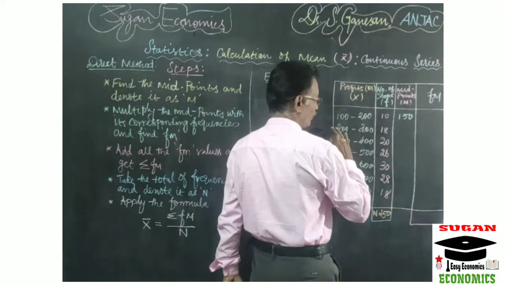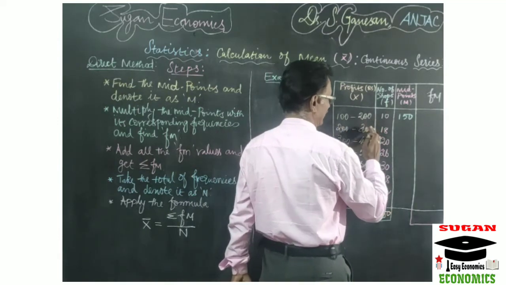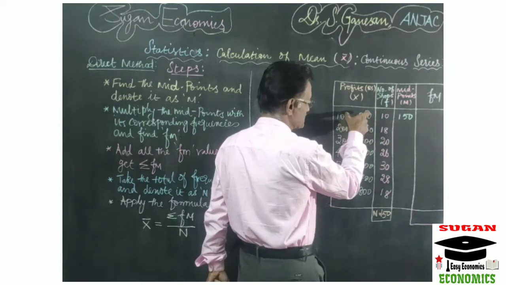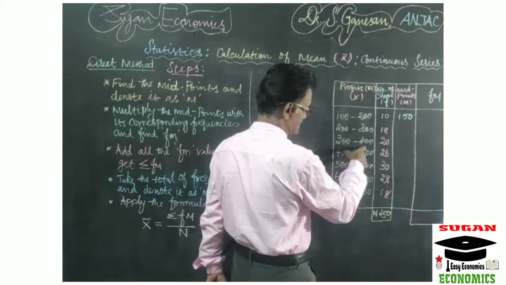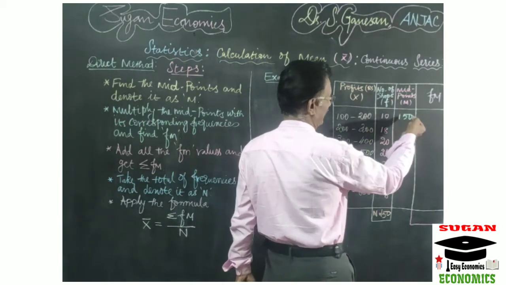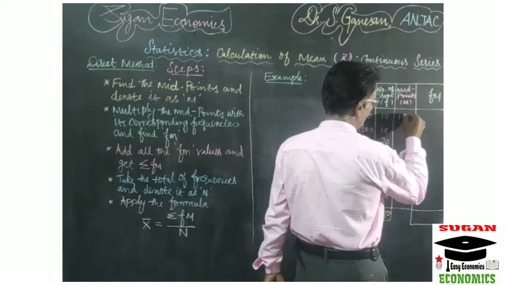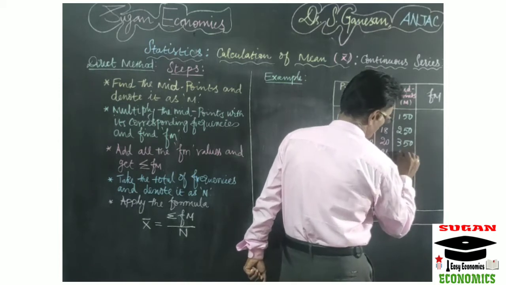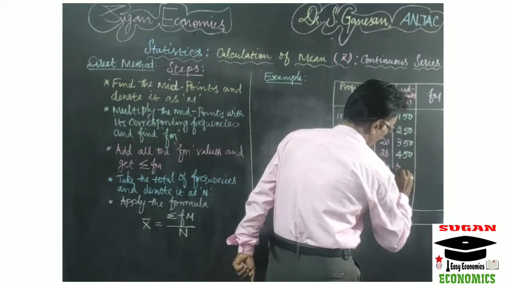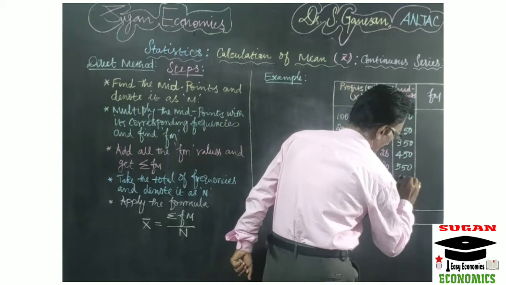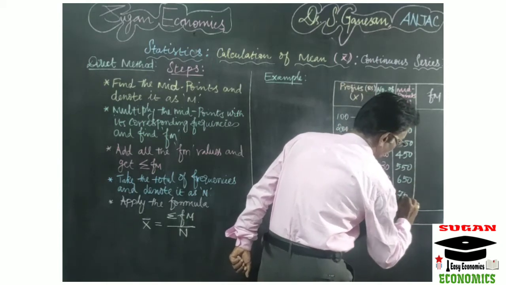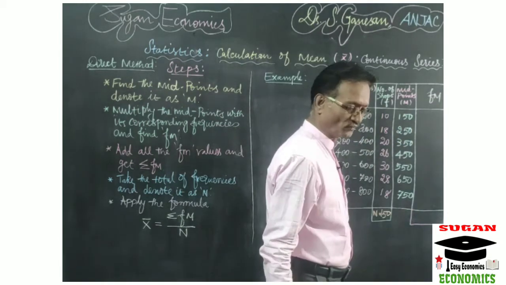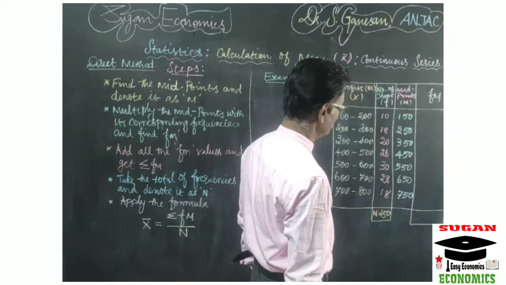Then after that, no need to add again 200 plus 300 divided by 2 and so on. Simply you take the class interval. First you have to find out the class interval. Here the class interval is equal to 100. So for the next midpoint simply you can add 100. So 150 plus 100 is equal to 250. Then 350, 450, 550, 650, 750. So the midpoints are 150, 250, 350, 450, 550, 650 and 750.